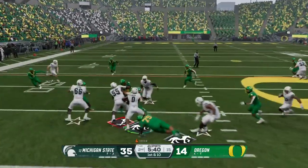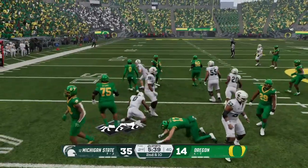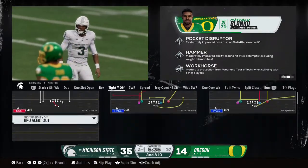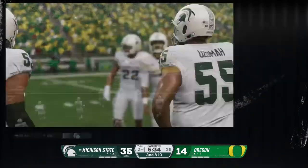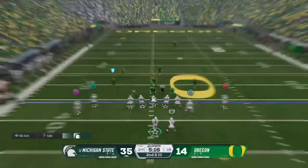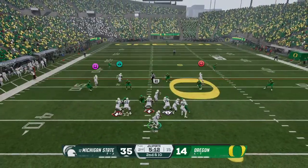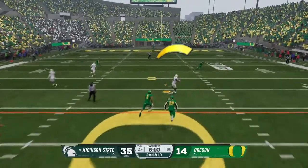They'll run it from the gun. And he fights his way forward, gets away from one, but not much doing on that one. Well, you see the defense make a big play there in the RPO, and they're doing it because they're starting to load the box. If you're the play caller offensively, you might want to...